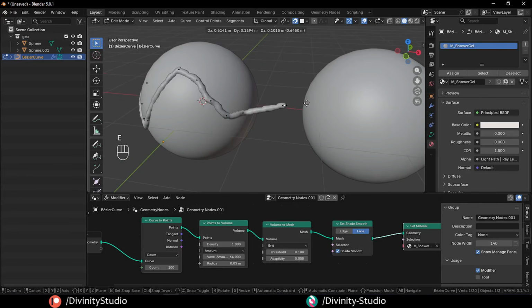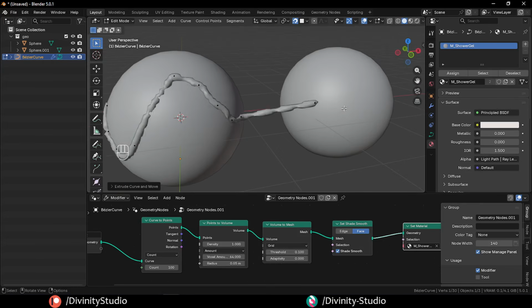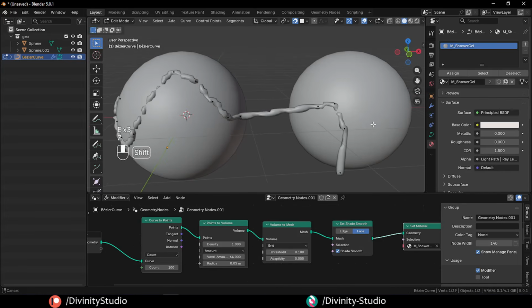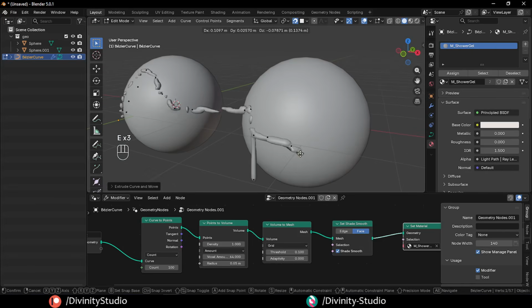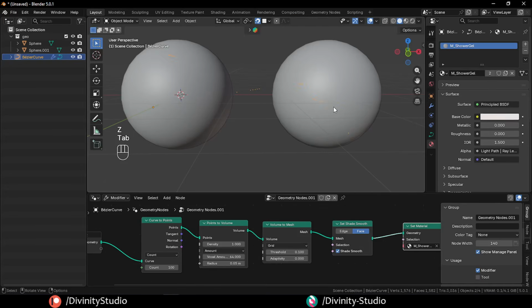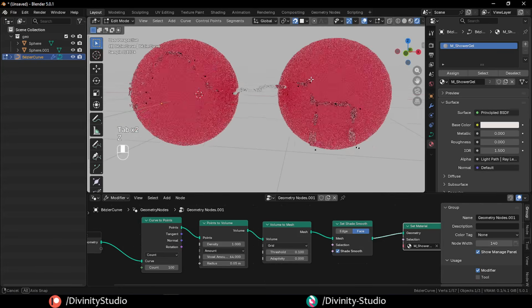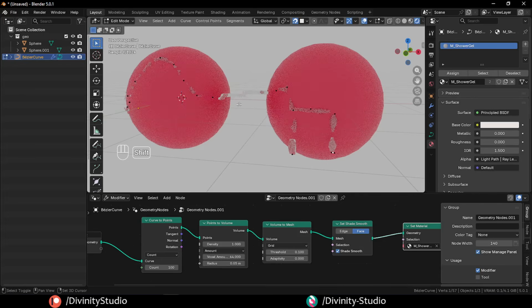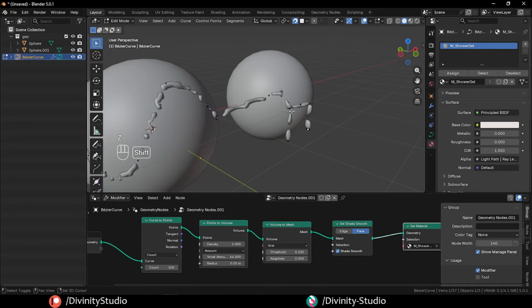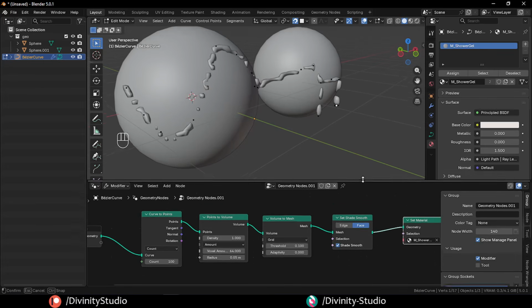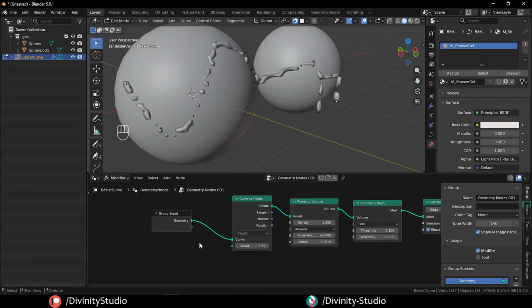I could do this. See, it snaps to the face there. You can have a lot of fun with this. Of course, we have to refine some values to make it look more like shower gel, because it's not quite there yet. In addition to the curve, we could